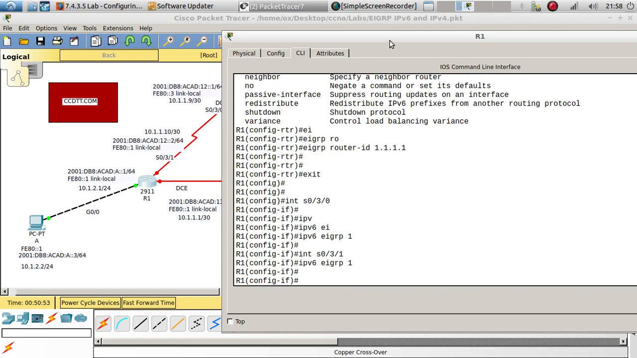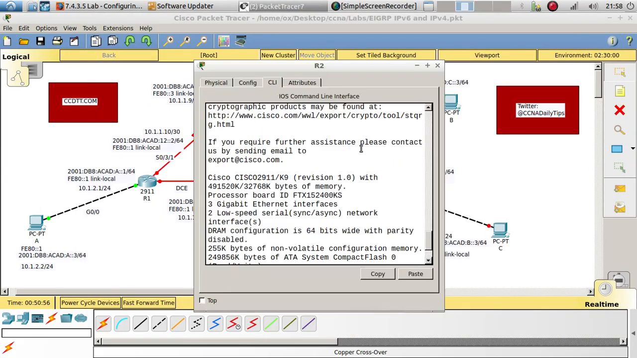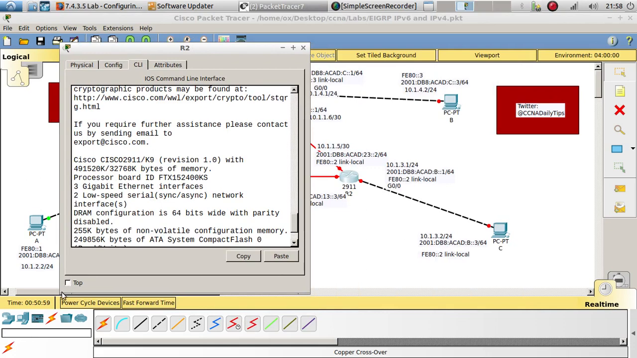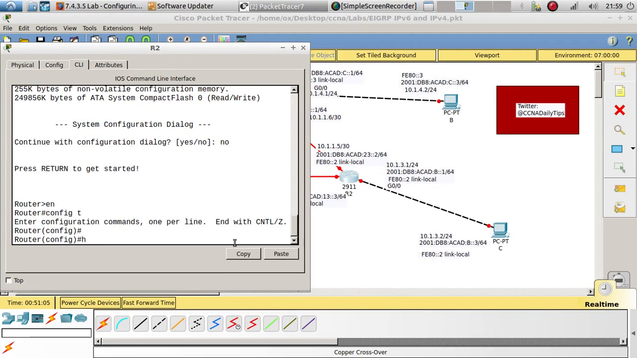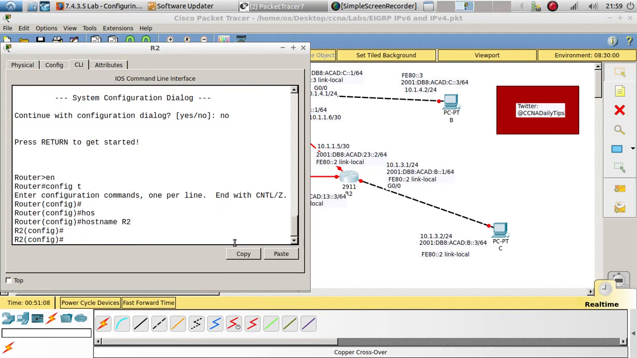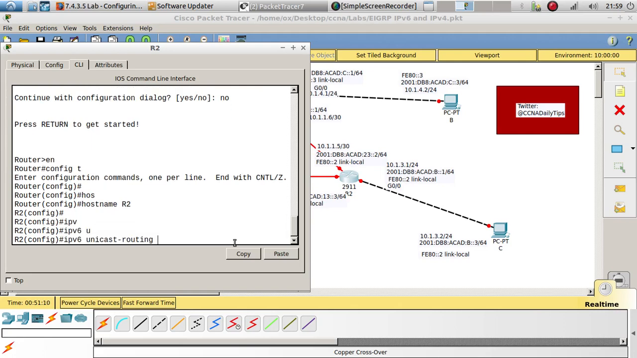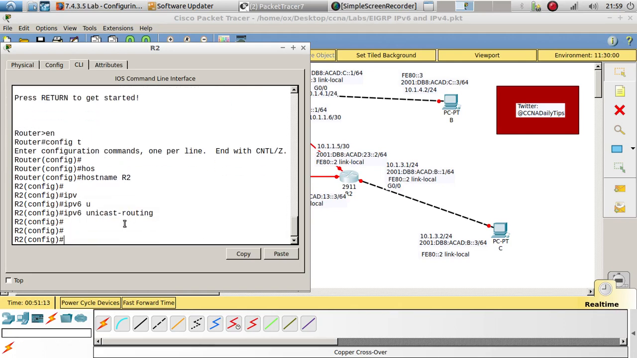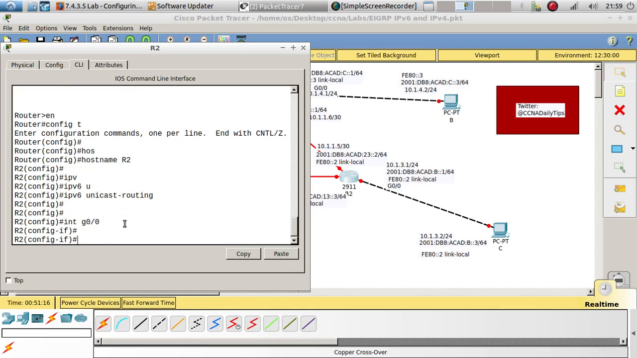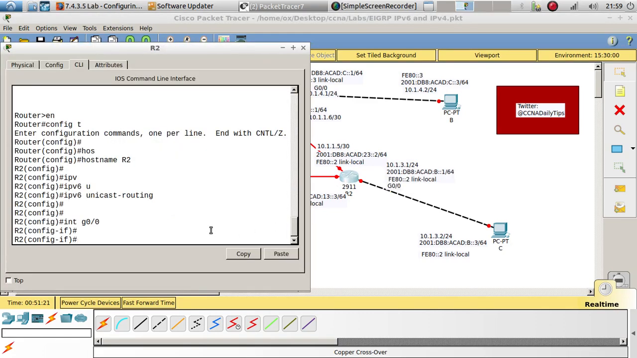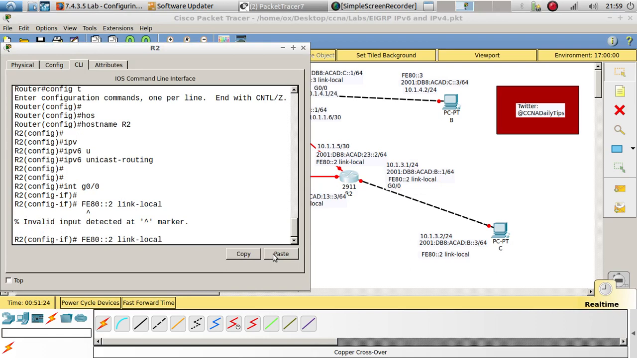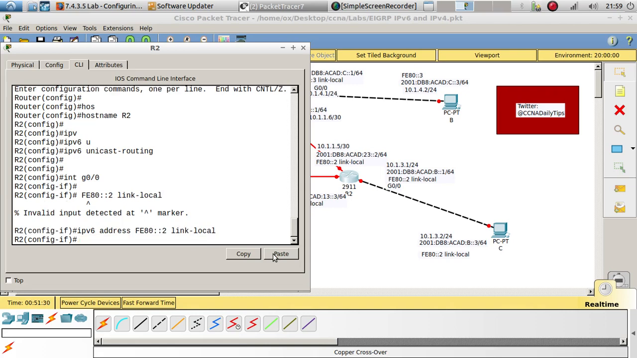Okay, so that's done. What we could do from here is go to router 2, and let's configure router 2 the same way we configured router 1, right? Hostname router 2, and let's enable IPv6 unicast-routing so we don't forget. Let's go to interface gigabit 0/0, and let's configure that link local. Copy that. Let's do that IPv6 first. IPv6 address,